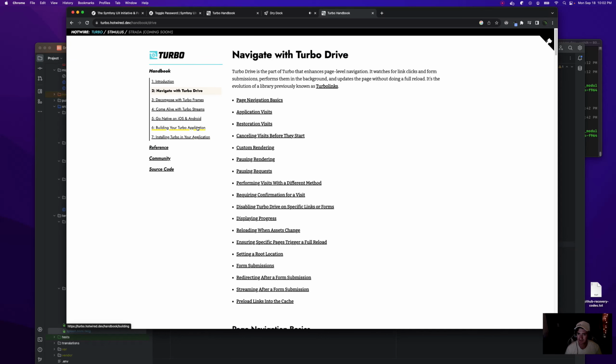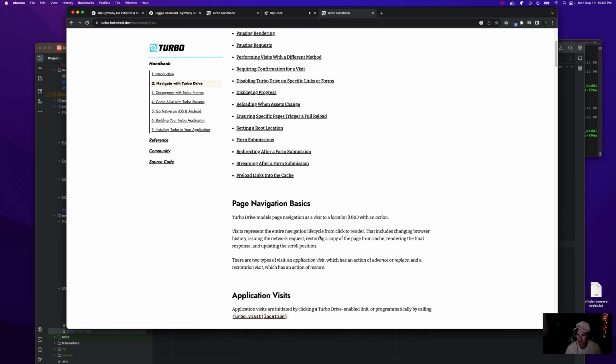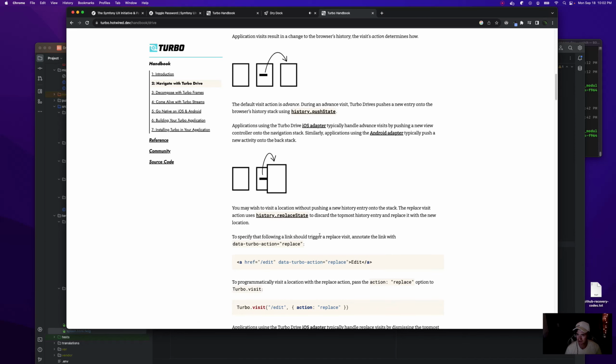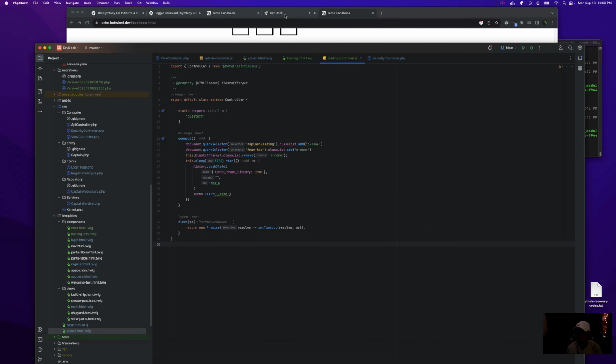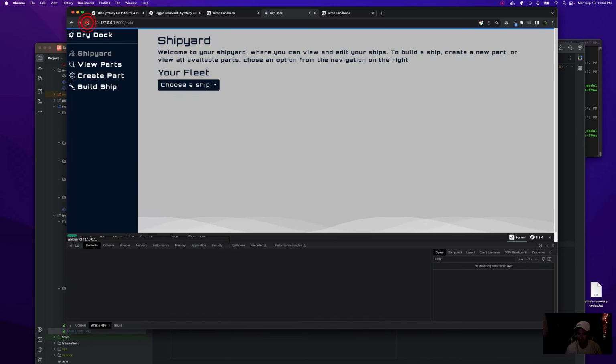Let's see what it says about doing this, about navigation, history replace. Right. We need to add pushes onto these too. Kind of just want to do that right here.